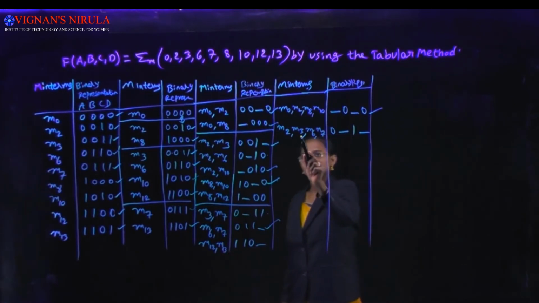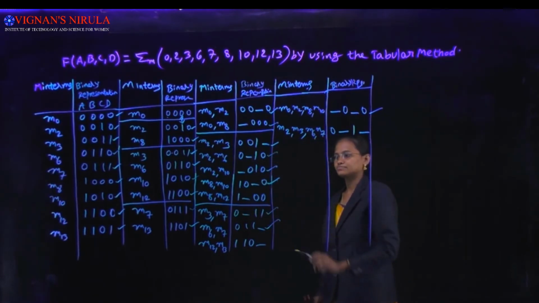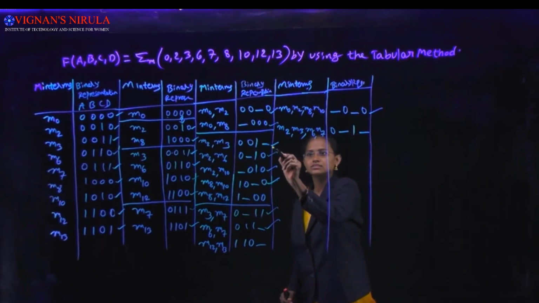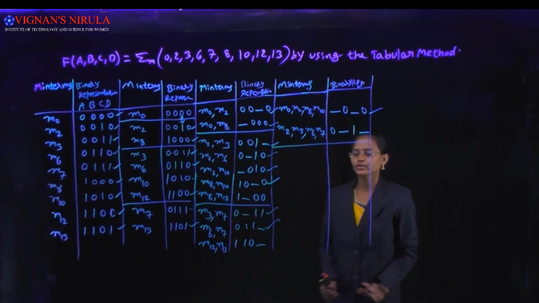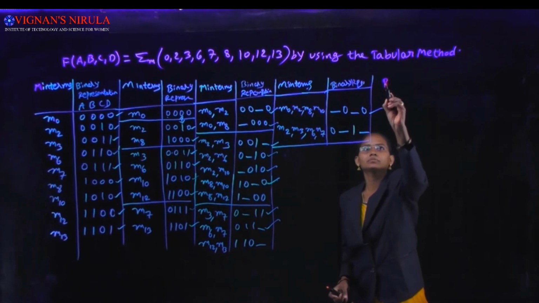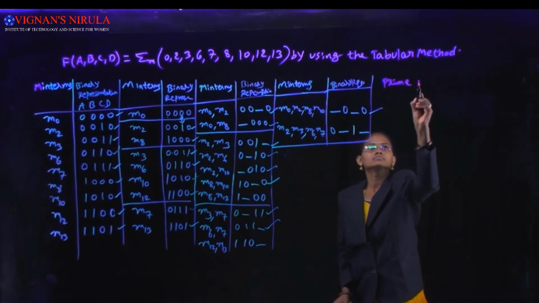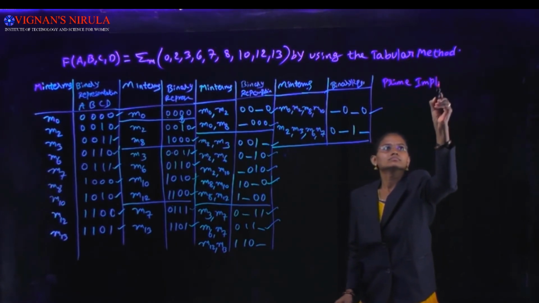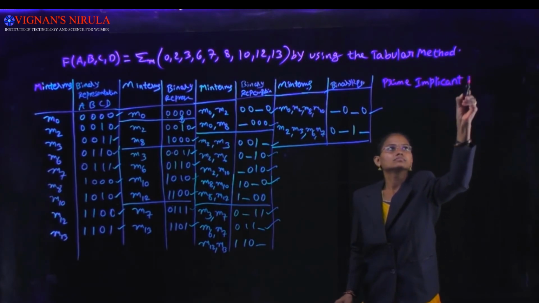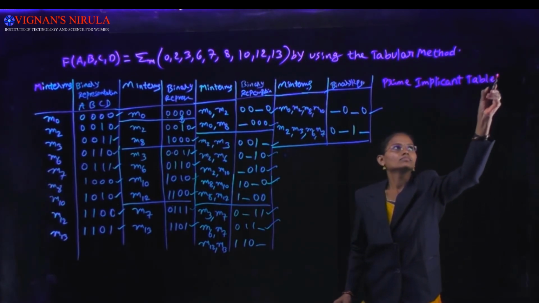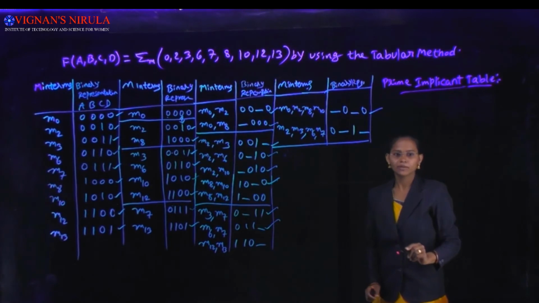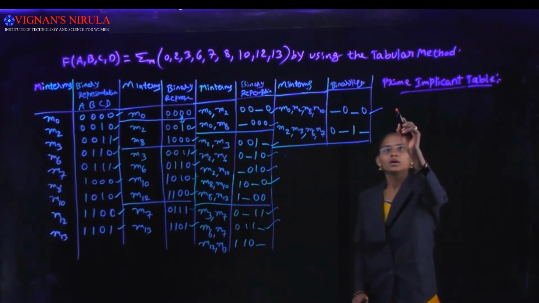Here 3 7 3 7 and next 2 6, this is repeated. And this is considered one group. On the prime implicant table, in the prime implicant table we write down the min terms,